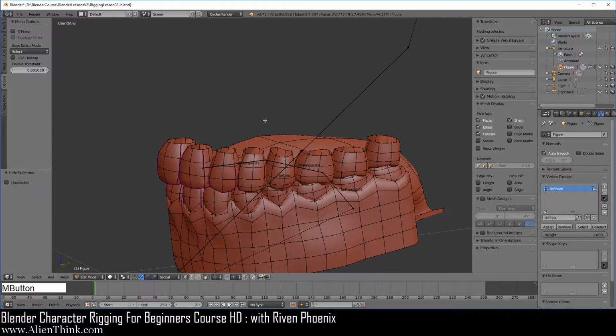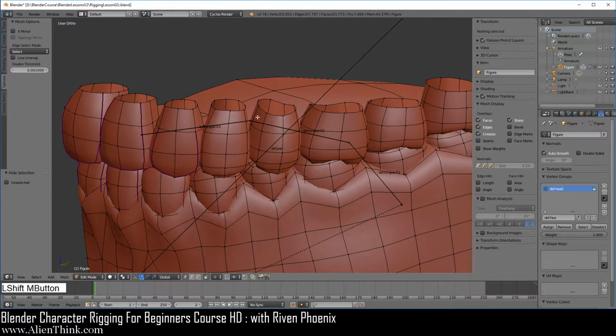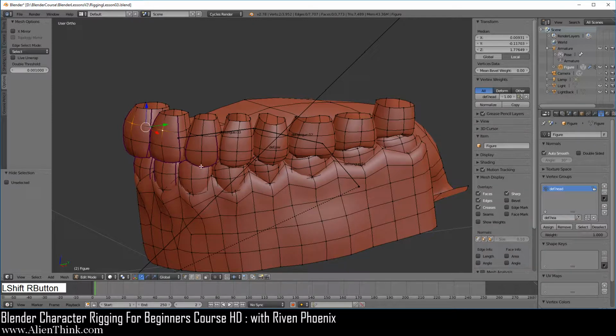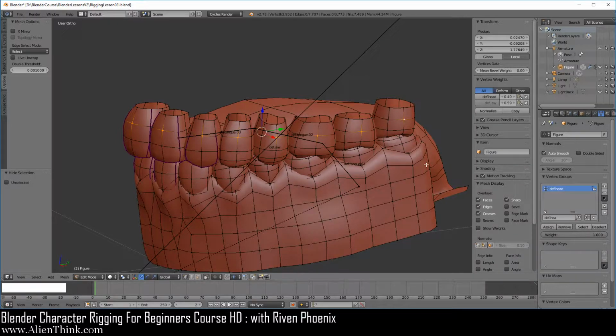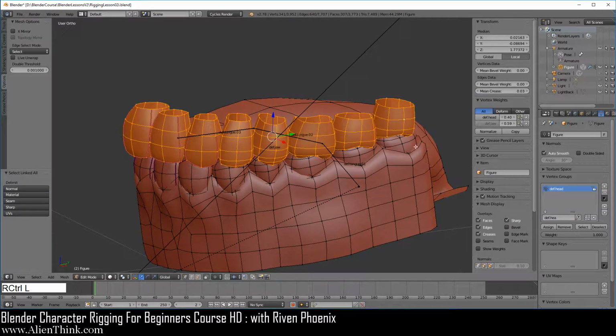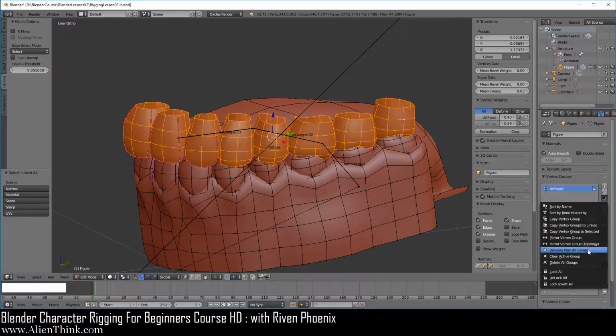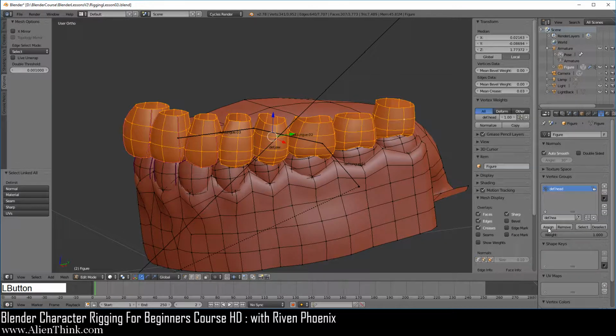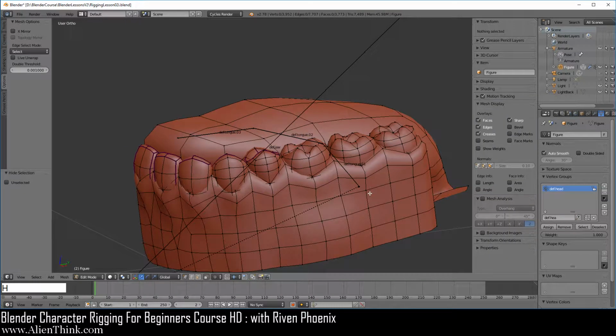We're going to do the same thing for the upper teeth. So here we can click on a vertex, hold the shift key down, and click vertex, vertex, vertex on these individual teeth. Press Control L to highlight everything, go over here, and do remove from all groups. Here we have the dev.head vertex group selected. We're going to click on assign and press the H key.